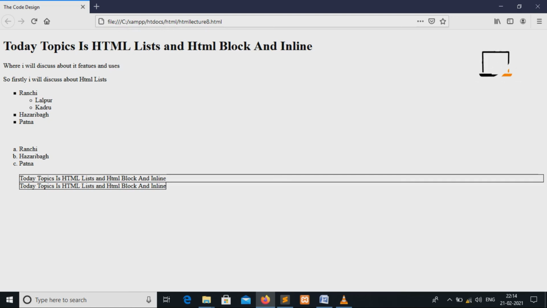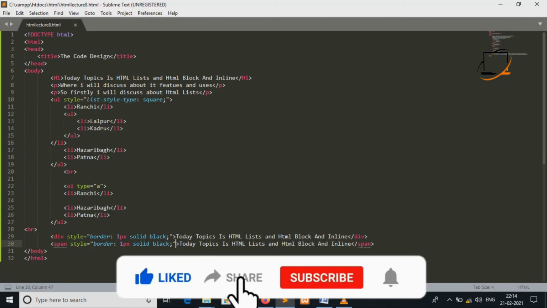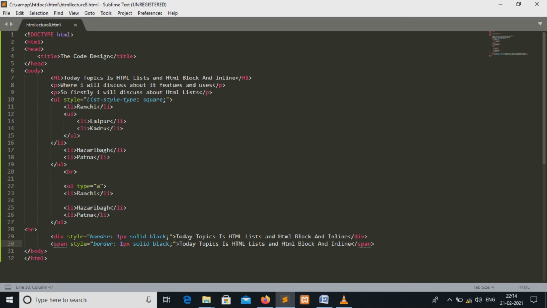Basically, the division element is used as a container. Often we use it as an HTML element. Basically, a division tag is used for taking a block of elements in it. So block elements are used for a number of data, like the image tag or any forms, or a span tag.